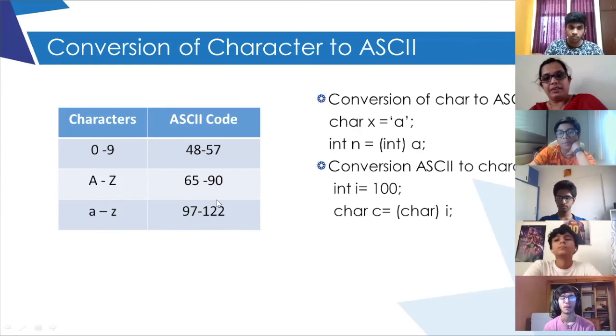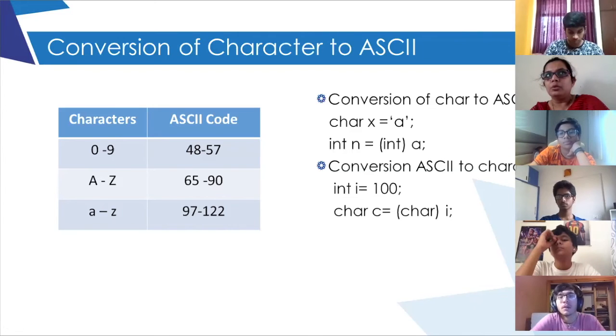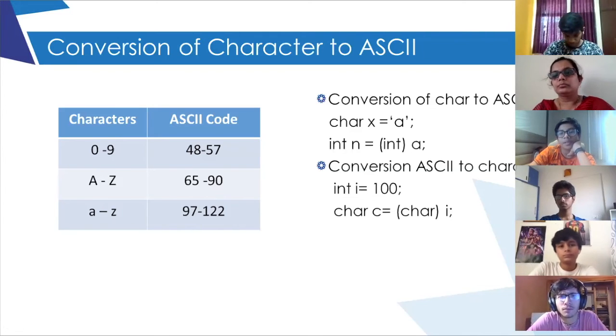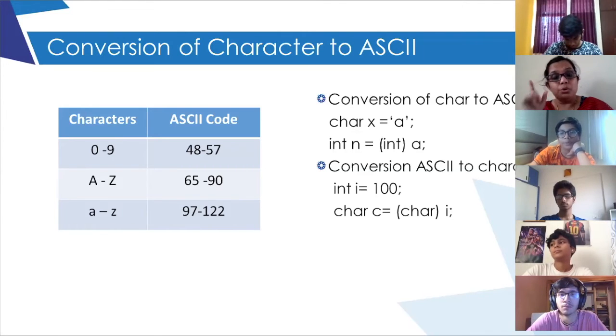So, ma'am, the binary for 25 will be 11001. If we divide 25, it will be 1 plus 8 plus 16. 8 plus 16, that gives you 25. So 11001. Your method is okay, but you are going wrong. Just give me 1 minute.